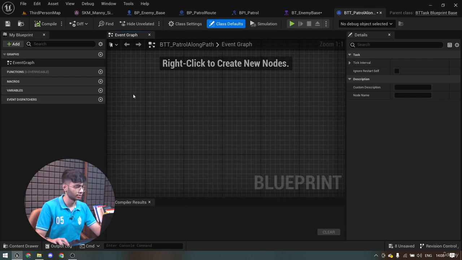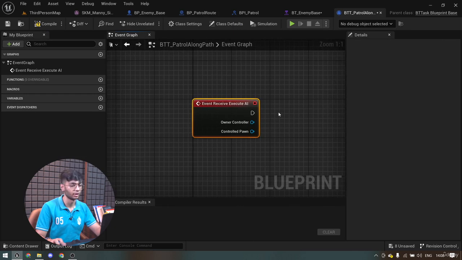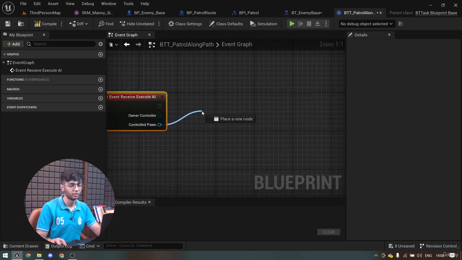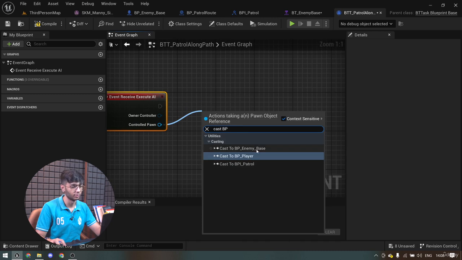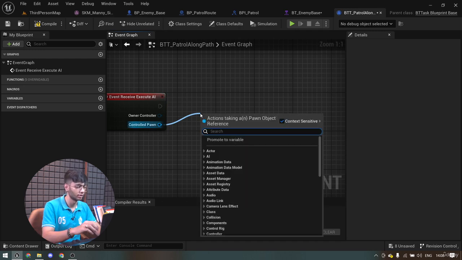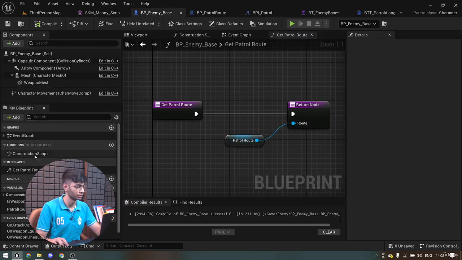I'm going to right click, or we can just go here under override. We're going to get receive execute AI, and through this control pawn, previously we were just casting to BP enemy base, right? So we were using this BP enemy base, and then we were getting whatever we wanted through that. Now since we made an interface, we can just directly call that interface from here. So from control pawn, I am basically going to call this interface function that we had made,